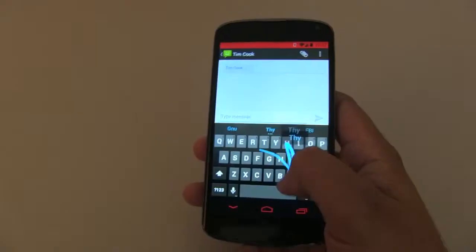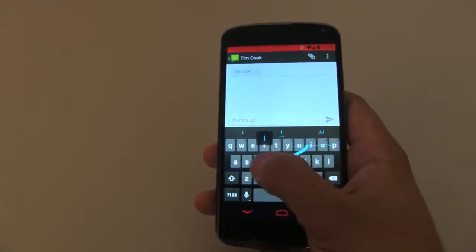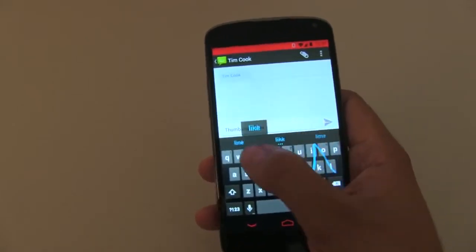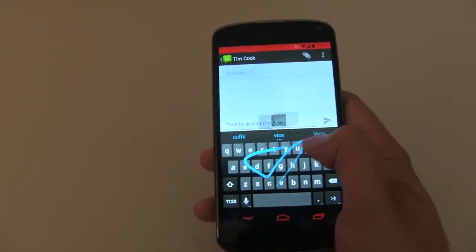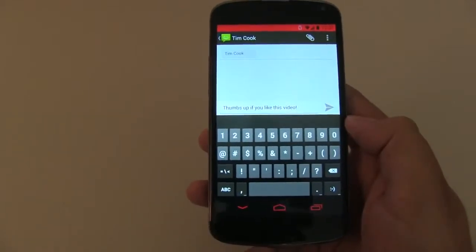And coming in at number 7 is replaceable keyboards. Now you can argue with me all you want, but it's been proven that a keyboard like Swype is a lot faster and more efficient. As a matter of fact, I can type a lot quicker, but with iOS 7 or an iPhone, I just can't replace a keyboard. I need to either jailbreak it or do other things that just don't work.